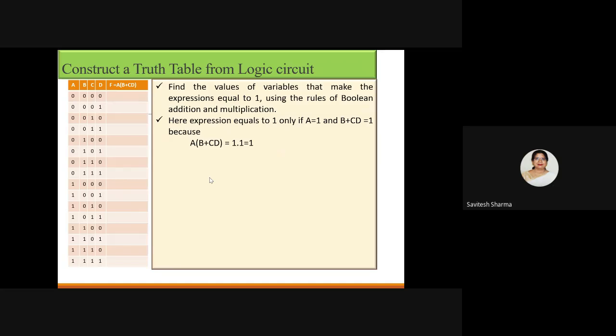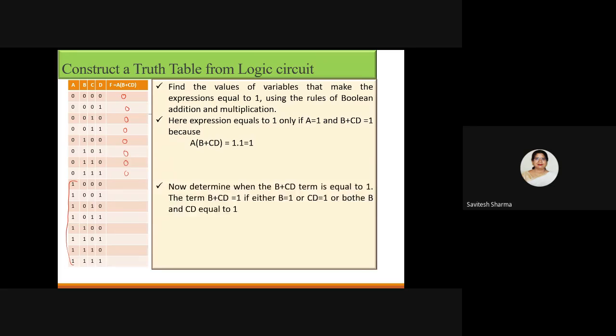So I identify that this portion I need to look at further, and for the rest of these cases it is automatically saying that if a is 0 it will produce 0. Okay, you know that ANDing with 0 will always produce 0. So I concluded here that if a is 0 it will produce output 0. So half of the truth table I have already filled. Now see the rest of the cases.